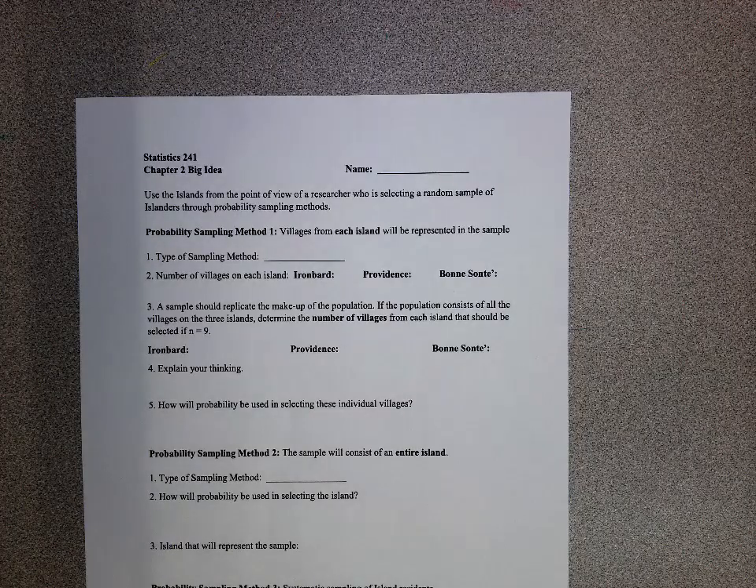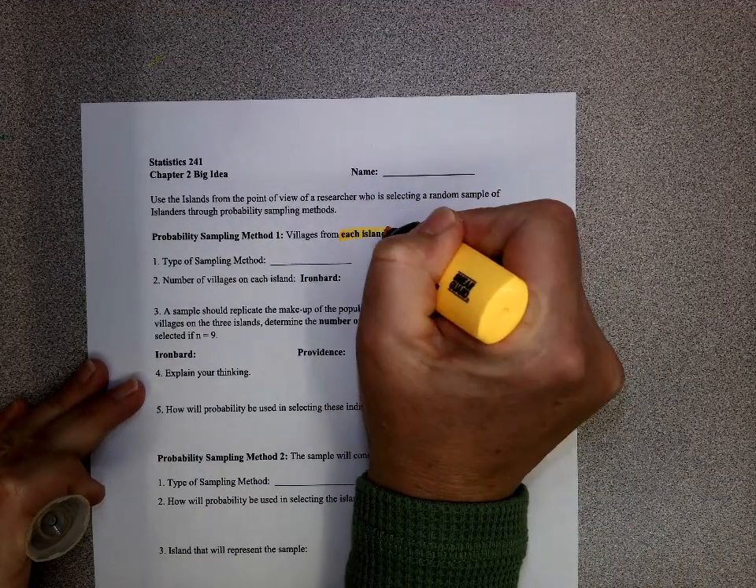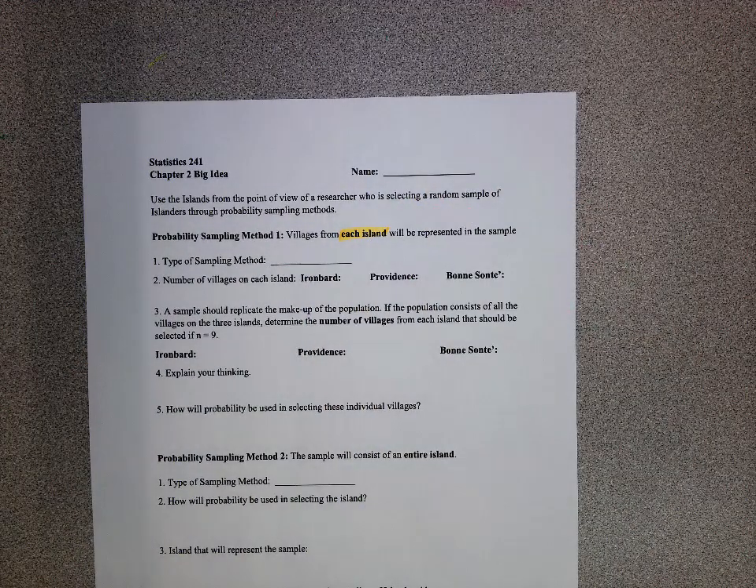So the big idea for Chapter 2 has applications for the 4 probability sampling methods. The first thing is you have to identify which sampling method is used. And the clue is kind of right in the statement itself. The first one is from each island. So you want to go back through and look at your notes and what probability sampling was taken from each